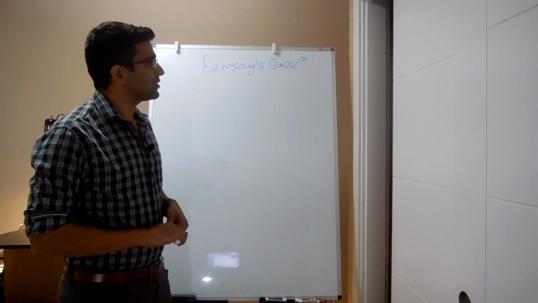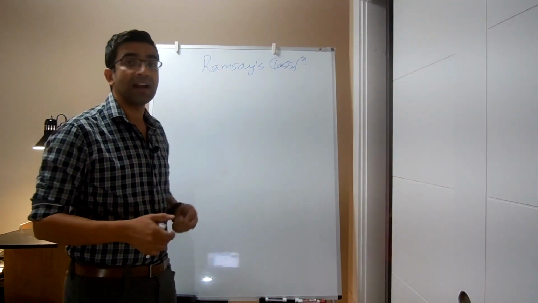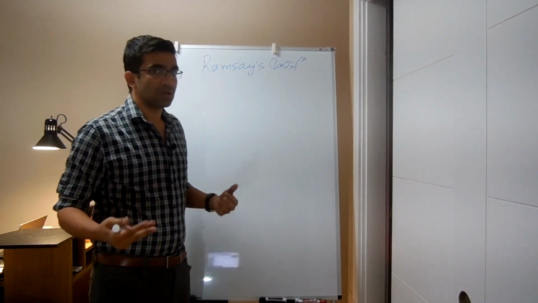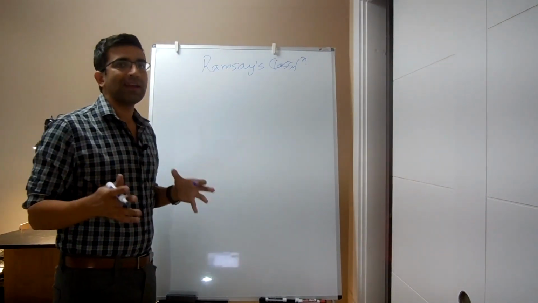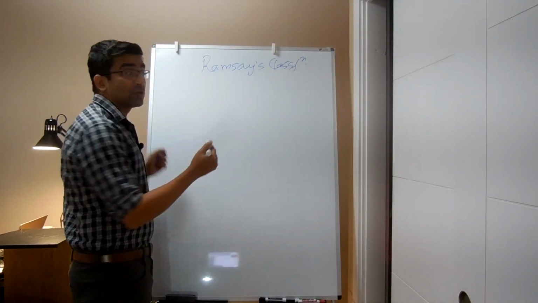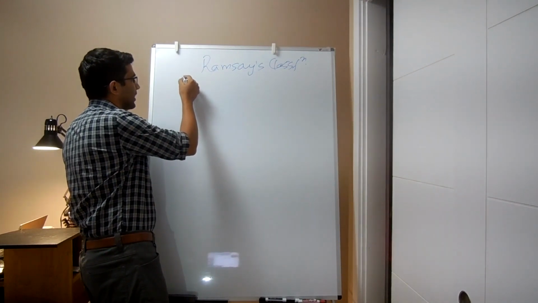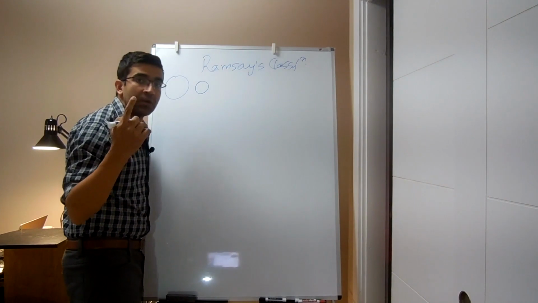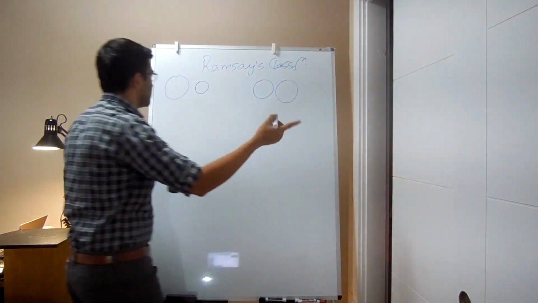Hello everyone. So in this video we will study Ramsey's classification of folds, and we will look at a method which will make it more intuitive and easy to remember also. I'm going to do it very quickly. All I need for this classification of folds is to define folds using two circles. Usually I'll have a bigger circle and a smaller circle. Only in one particular case am I going to have two circles of equal size.